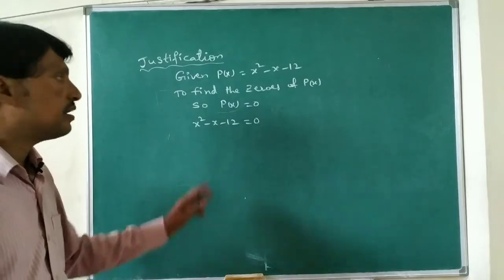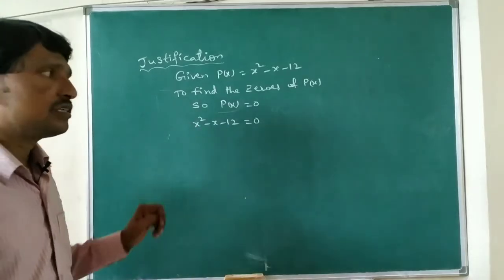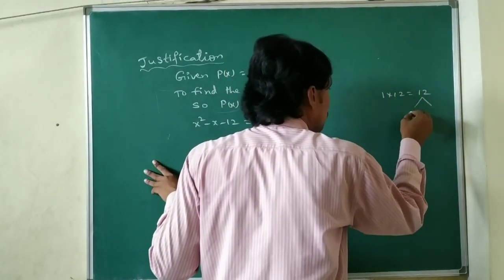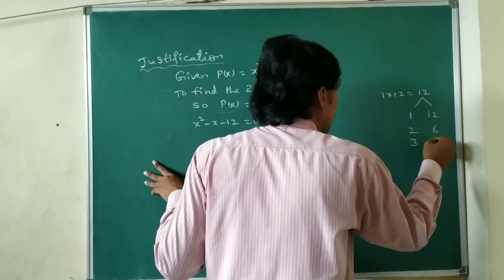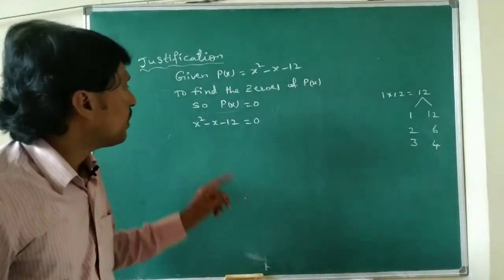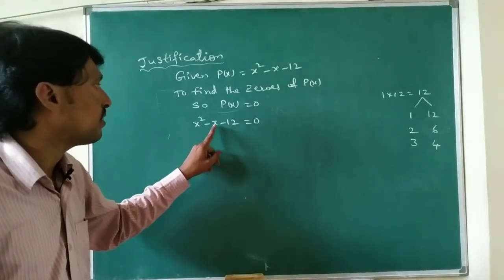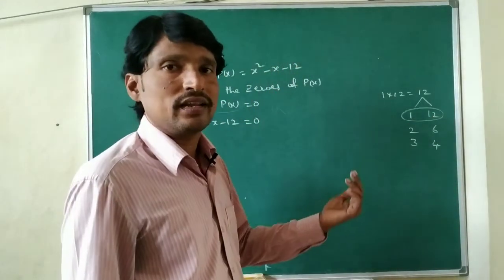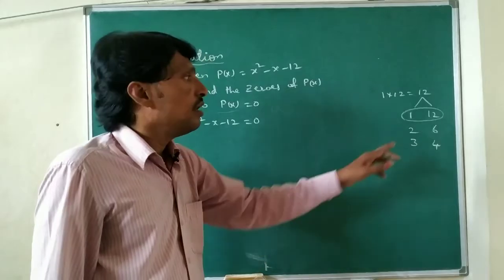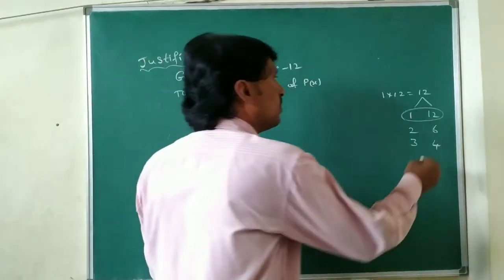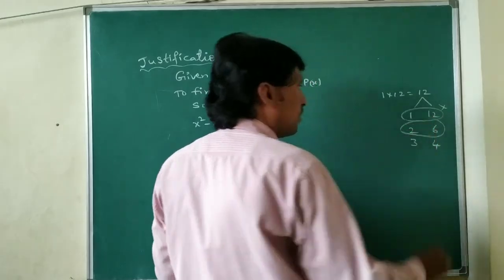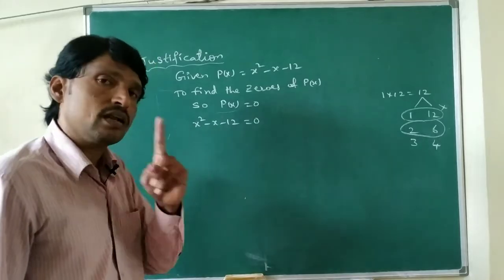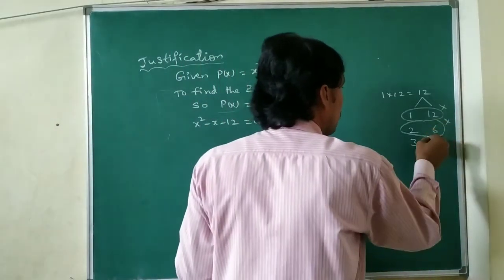So here we need to take the factors. X square coefficient is 1 and constant term is 12. So 1 into 12 we can take as 12. How many ways can we write 12? 1 and 12, 2 and 6, 3 and 4. If we add or subtract, we should get the middle term. Middle term coefficient of x is 1. First, adding 1 plus 12 is 13. We are not getting the middle term 1. Subtracting 12 minus 1 is 11. It has not worked out. Next, 2 plus 6 is 8, 6 minus 2 is 4. But the middle term is 1, so this is also not worked out.